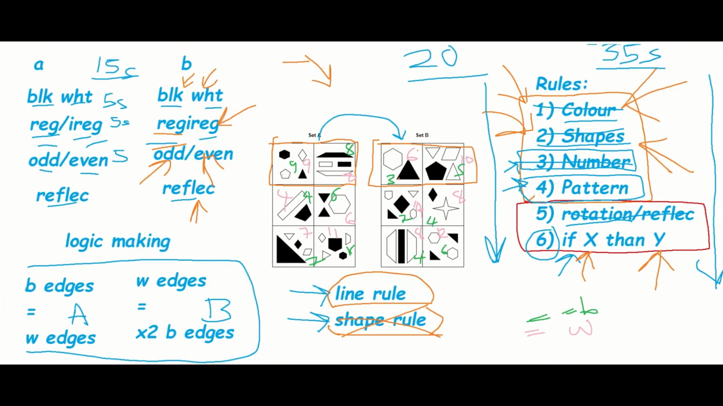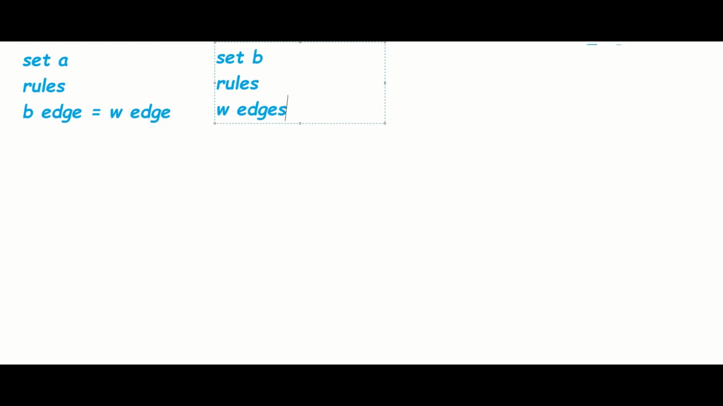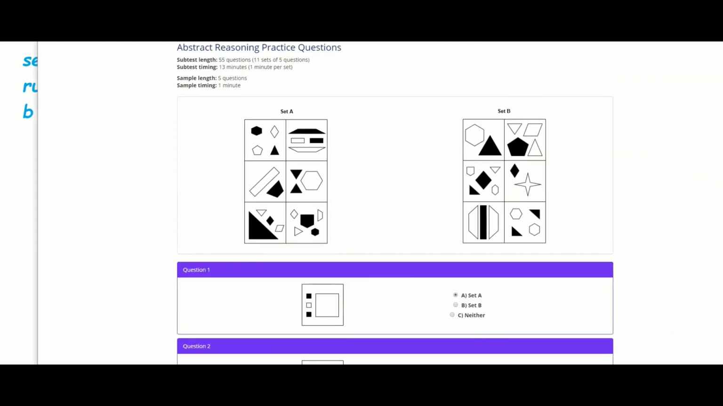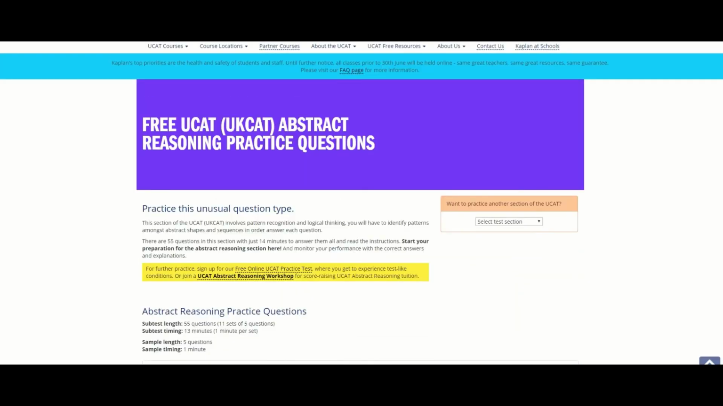Actually, we've done all that working out. We can delete this. And now I'm going to write the rule for set A. The rule is black edge equals white edge. And then for set B, the rule is the white edge is twice the black. So remember, very strict. So using these rules, let's go to the website and let's do some